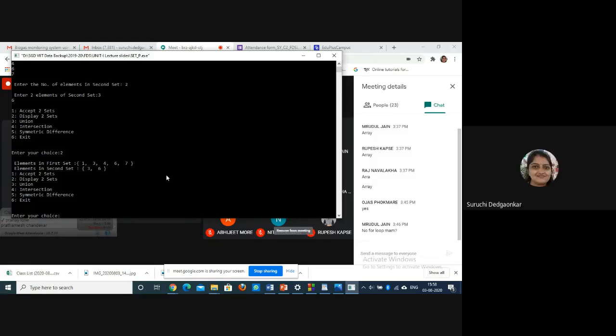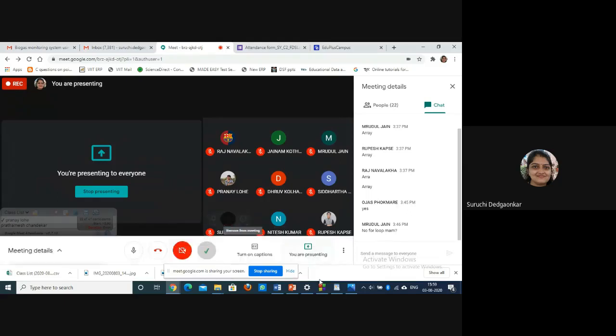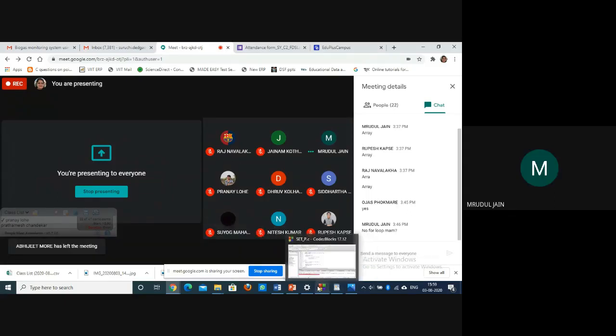Because that depends on the user's choice when he wants to exit. We cannot predict it initially. Every time we are taking from the user the choice until the choice is 6. 6 is for exit. So when the user gives the input for choice as 6, till that time the loop should execute. We cannot predict how many times the user wants. Clear? Here I am saying 6 now. I have checked whether the input is properly there, so I am pressing 6. Now it is exiting. Clear? That's why. Okay, ma'am.